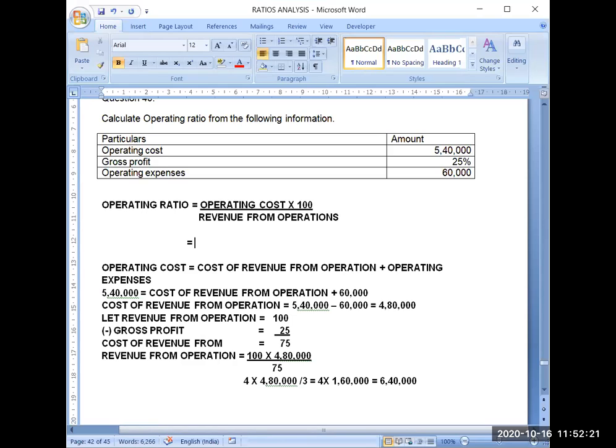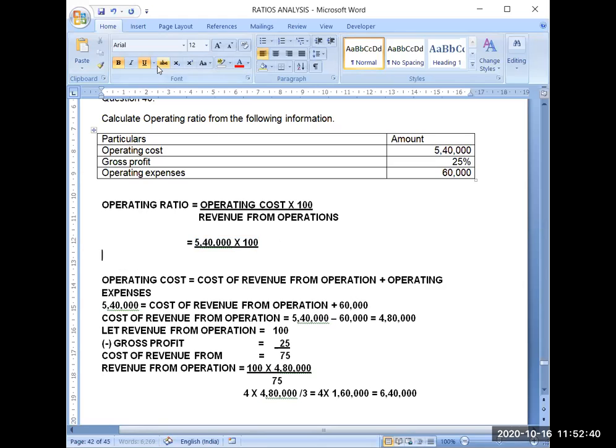Operating cost is given, 5,40,000. 5,40,000 multiplied by 100 and divided by revenue from operation, which is 6,40,000. Now the common zeros are 3, so the remaining number will be